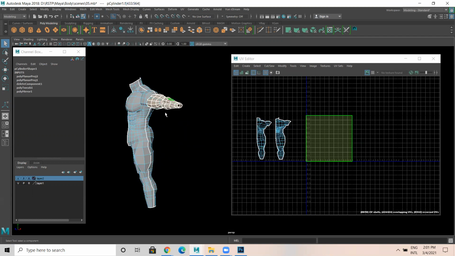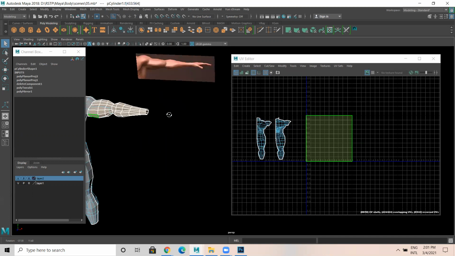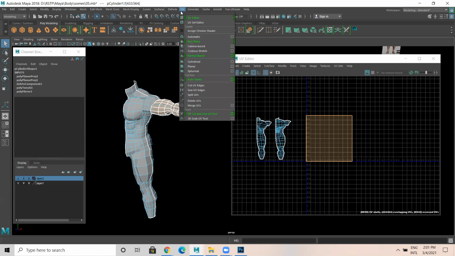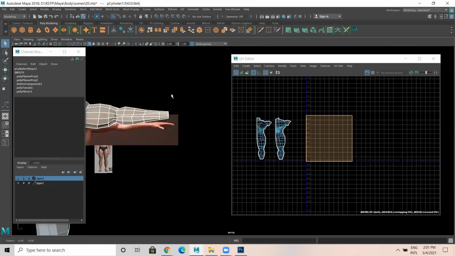So the hand part, we can unwrap this in another way. Come to UV. We can unwrap this in two ways.